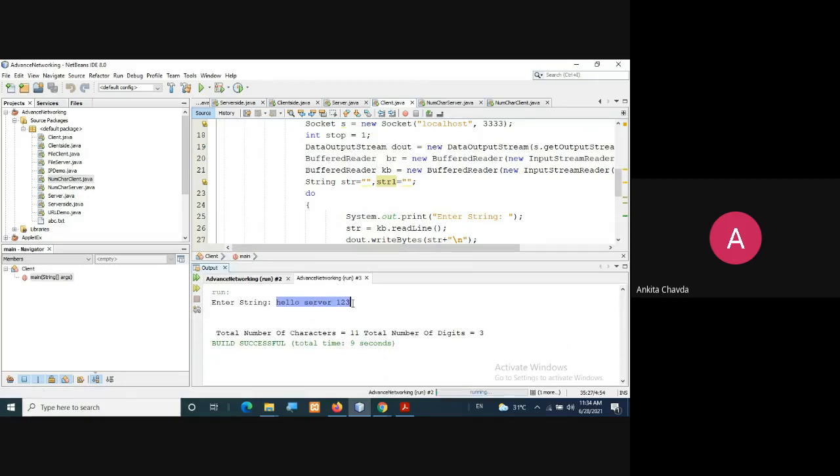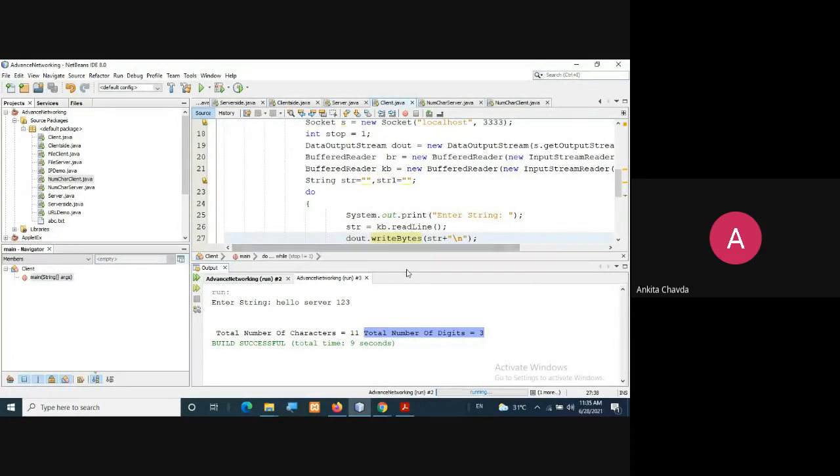Whatever string I have entered as a user will be read by this and sent to the server. The server has already said the connection has been established, and the count of characters and digits has been displayed. When I come over here, you can check: total number of characters equals 11 and total number of digits is 3. That is what the server has calculated, and they are showing you the output.